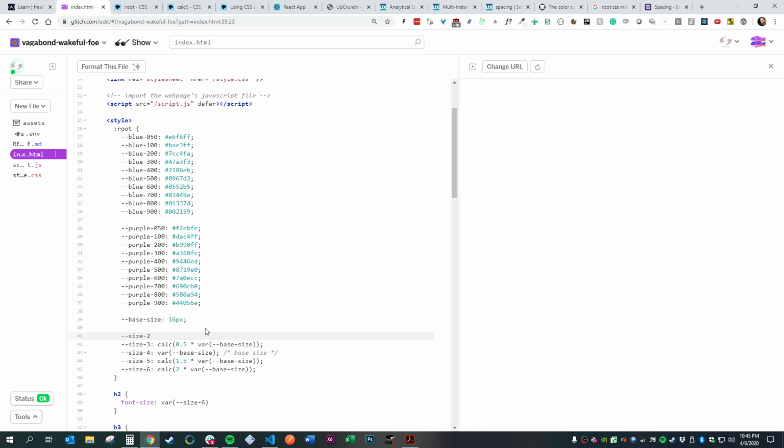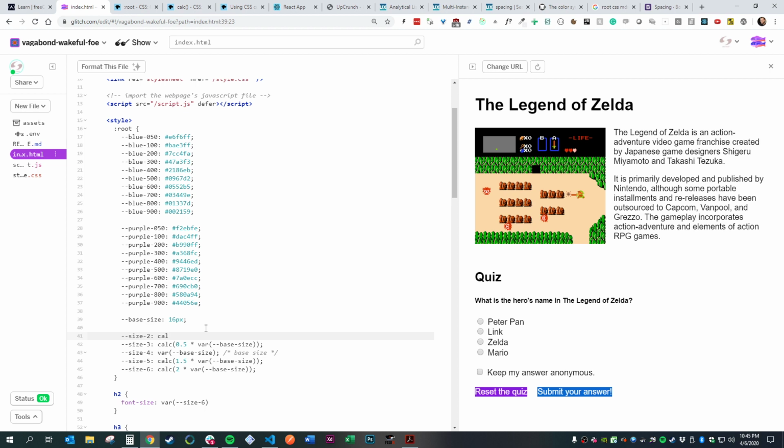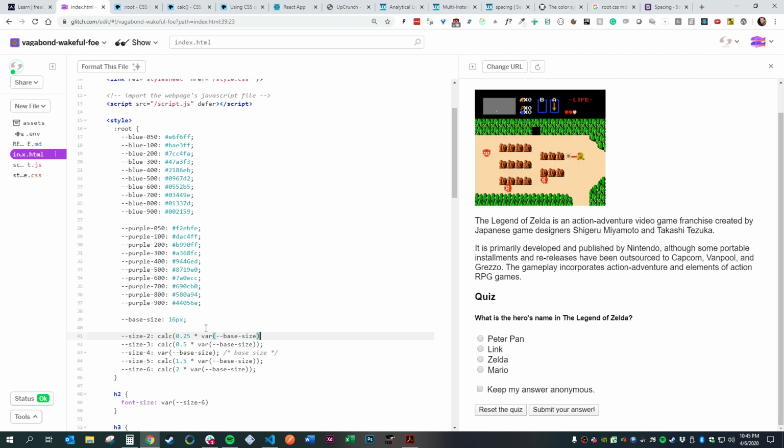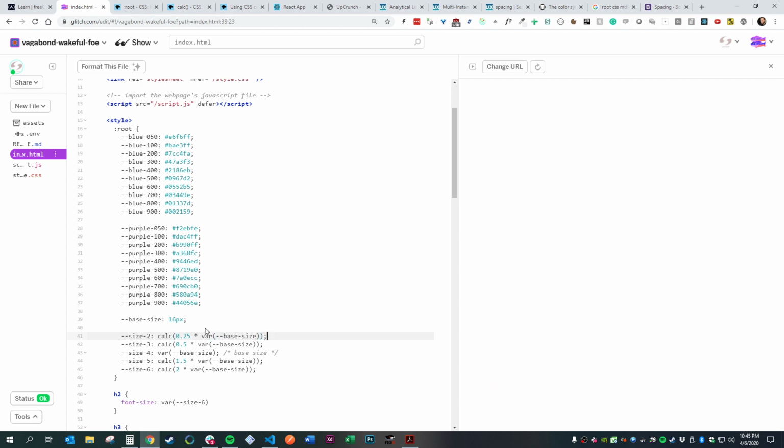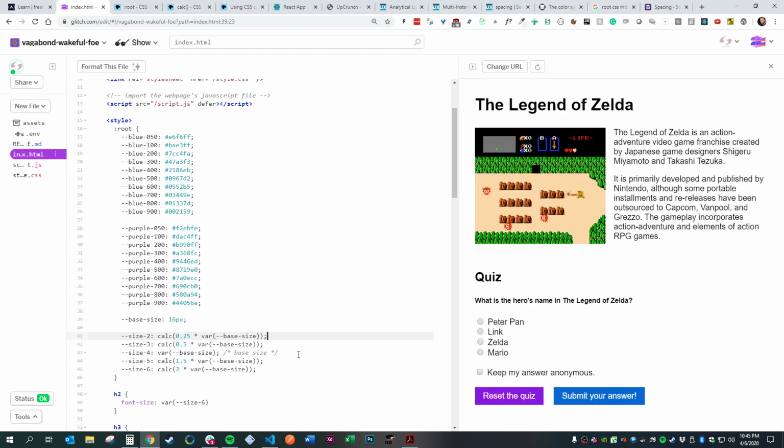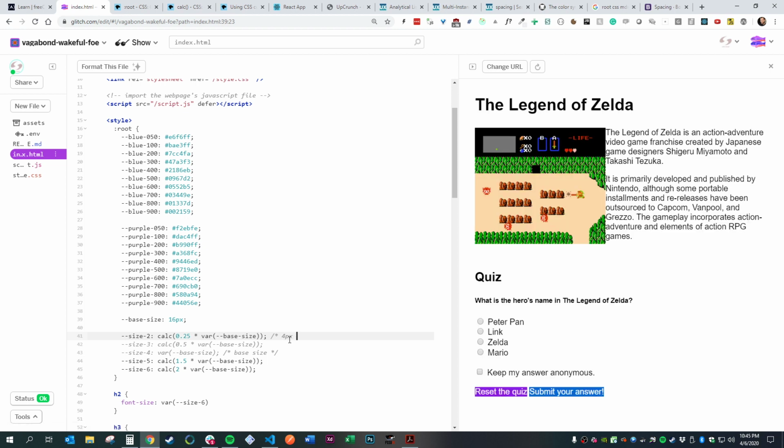size 2, and that would just be calc, like 0.25 times var base size, and don't forget your colon or your semicolon there. So now I've got it. This is like a 4 pixel thing, and if it helps, you could leave yourself some comments and say 4 pixels,